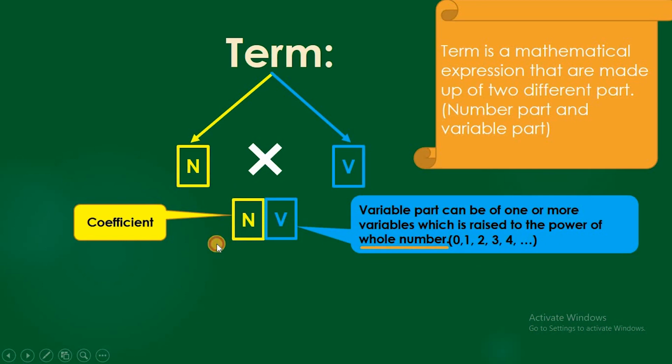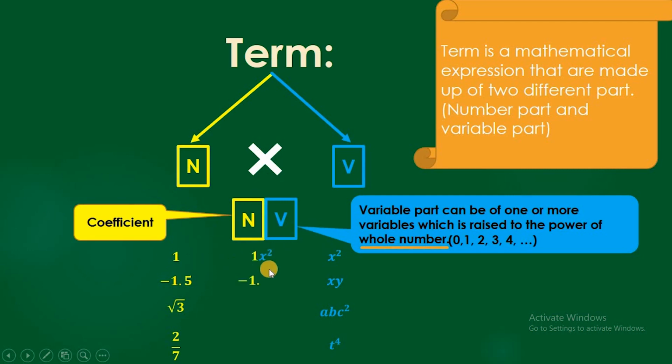Let's take a few examples. For example, we have number parts 1, minus 1.5, root 3, 2 by 7. Now you can take any real number here. Just a few examples, there are lots more you can take. And we'll take variable parts as x square, xy, abc square and t raised to the power 4. You can take any alphabet, but the most popular ones are r, x, y and z. So usually there's a multiplication sign between the number part and the variable part. Since the multiplication is implied in algebra, we don't write the multiplication sign and we write the number and the variable part next to each other.